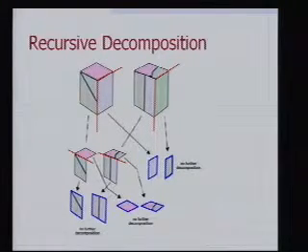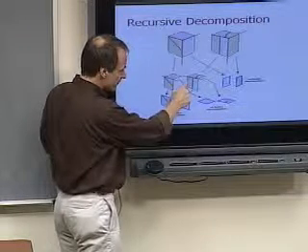And if that's true, if the shapes are sufficiently similar and the relations between the shapes are similar, then we're going to recursively descend. So for example, let's look at these L-shaped pieces on the left. Here they are. Now we're going to look for a pair of cuts that divides these two pieces into a pair of shapes that are also similar. So if we find these cuts, for example, then the shape of the entire top here is similar, and the shape of the entire bottom is also similar.